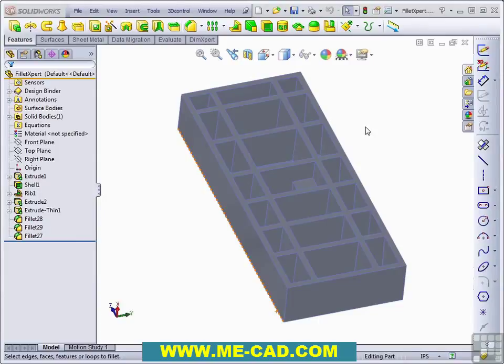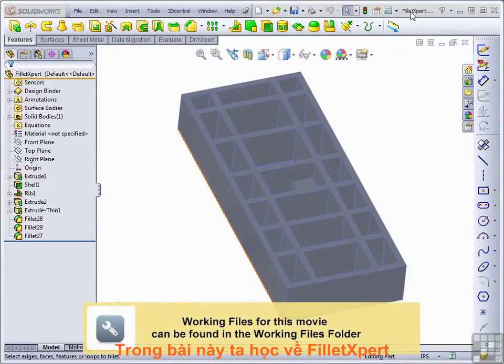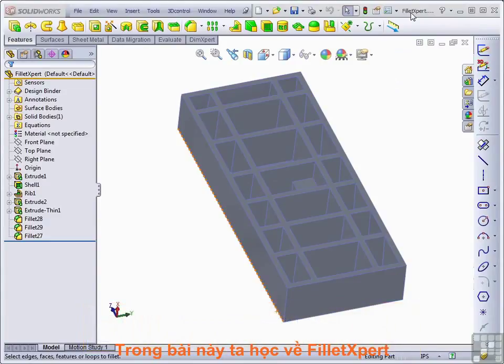In this lesson, you'll learn about the Fillet Expert. Open the part called Fillet Expert in your Infinite Skills folder for Chapter 5. The Fillet Expert can be found within the fillet command. So if we initiate the fillet,